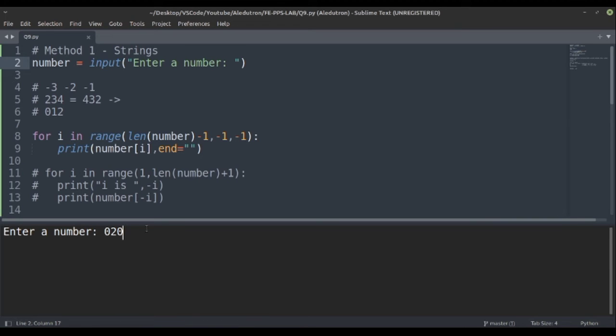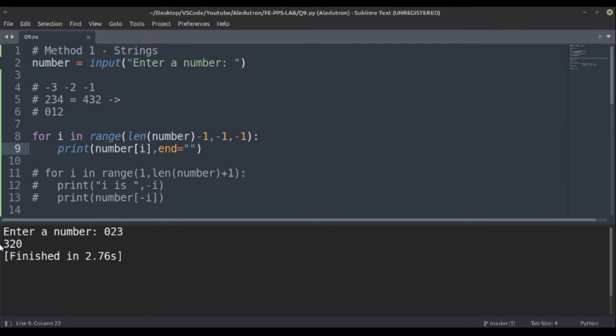Basically 0 2 0 as an integer, it would become 20 only. But when we are working with strings, for more convenience, I would take another example, 0 2 3. So let's save this and enter. Just a second. 0 2 3, enter.